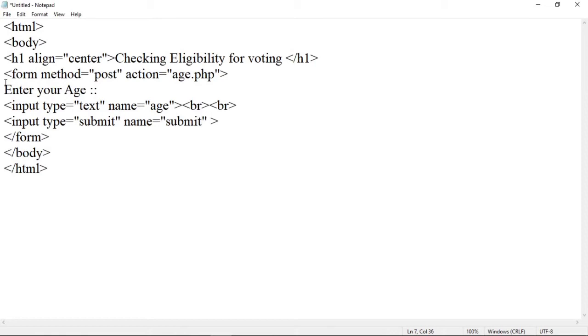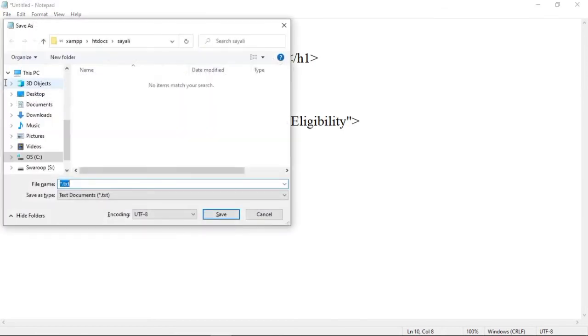After that value, that is a label for this button, suppose the value attribute contains check eligibility. Now we are done with this form.